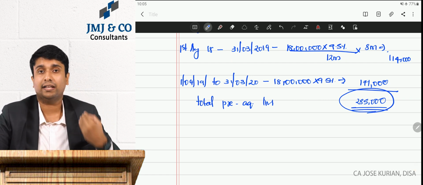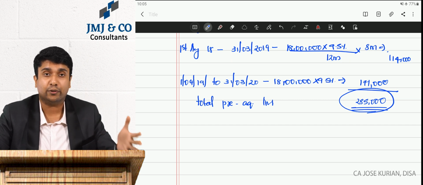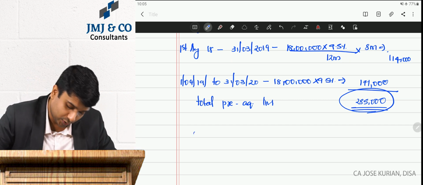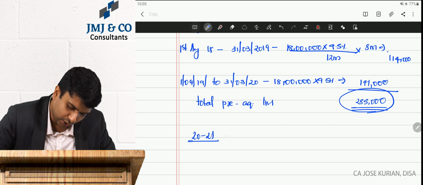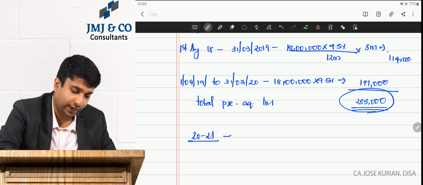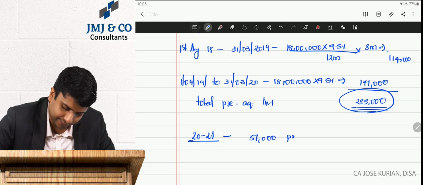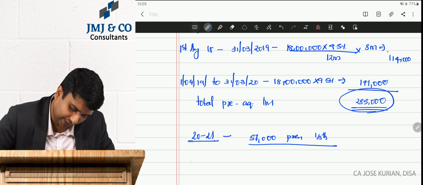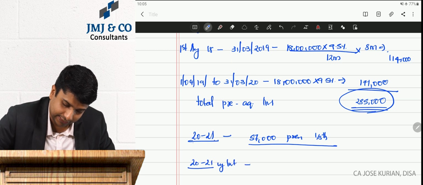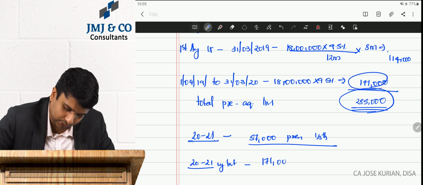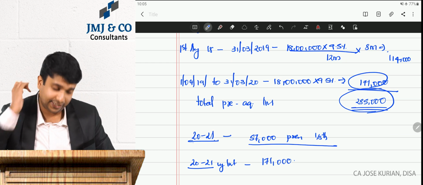Pre-acquisition interest is normally claimed as a deduction in 5 equal annual installments from the year of completion onwards, or year of acquisition onwards. So in 2021, you can claim 1/5 of this 2,85,000, that is 57,000 rupees, as the pre-acquisition portion. And in 2020-21, you can also claim current year's interest, for the full year, that is 1,71,000, as a deduction in 2021 as well,